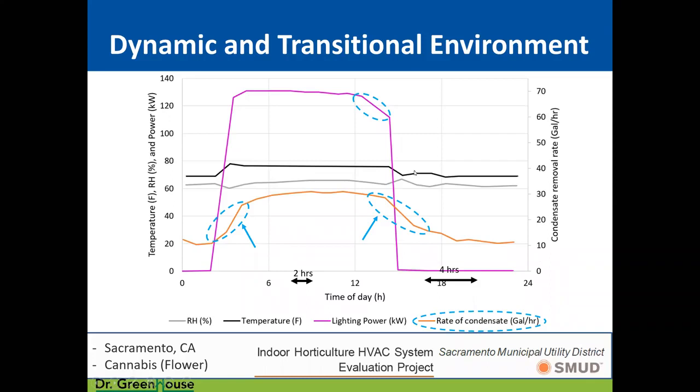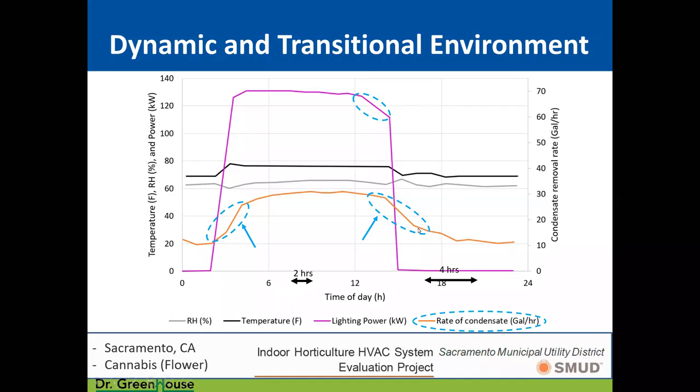This dynamic and transitional environment also affects our air conditioning equipment, which, depending on how it's sized and where it's located, can't keep up with the rapid change that we have. Lights turn on. Okay, here I go. I'm going to condense some water. And then it finally gets to a steady state. And then the lights turn off, and you checkerboarded them, so you're turning them off gradually. It didn't even respond to that, basically. Not until all the lights are off. It's like, oh, okay, I can turn myself off.